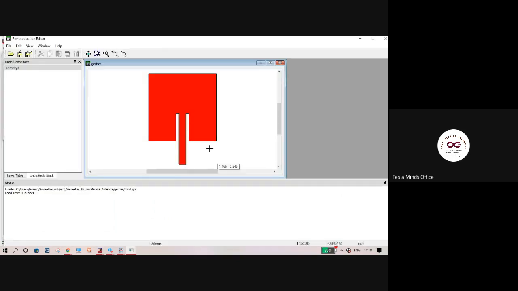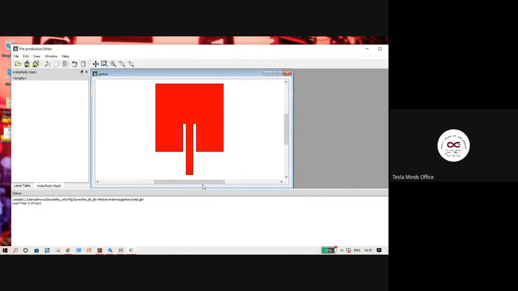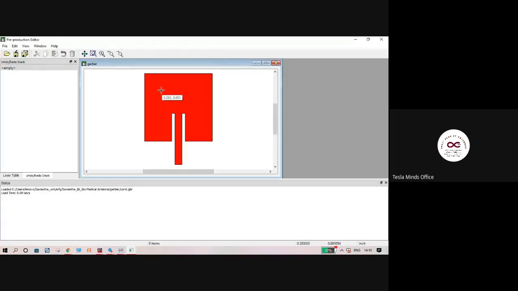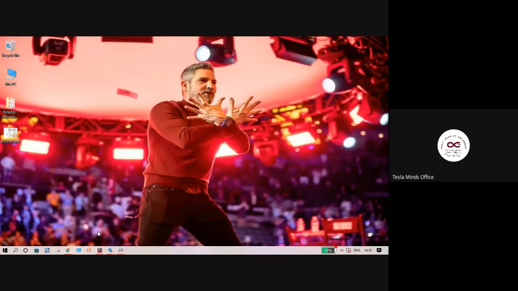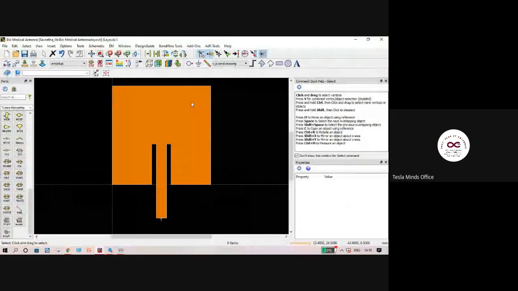Right, so you can see the Gerber file. So this is the Gerber file. This file will be understood by the PCB software. Here we don't have any dimensions shown, but when I give this Gerber file to the PCB fabrication software, exactly whatever dimensions we mention here will be taken there. So all the dimensions are saved in this file format. This is how you go from design to the fabrication part.